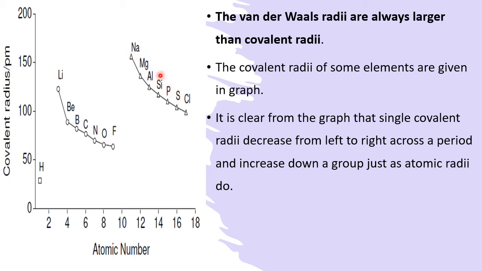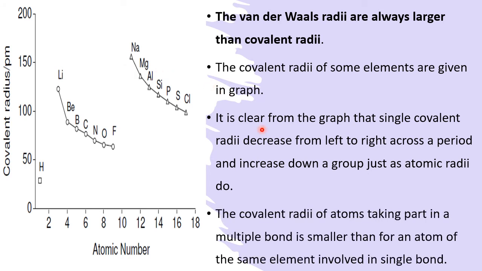But when you move from top to bottom, lithium is the first member, sodium is the second member. So top to bottom, lithium radius is this much, whereas sodium radius is this much. Naturally it is increasing. Why? Because when we move from top to bottom, a new shell is created. Due to new shell creation, the electron goes far away, so the distance is more, the radius is more.